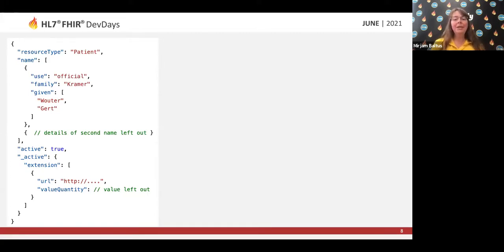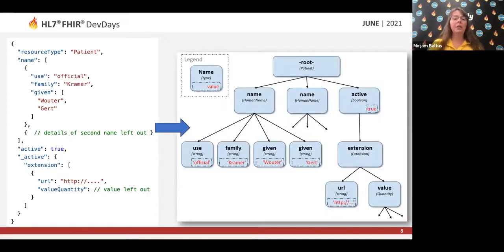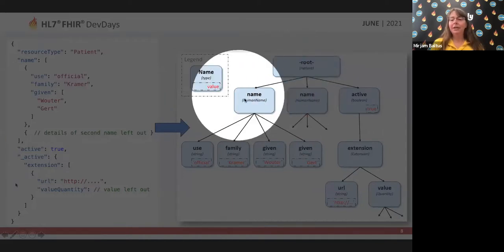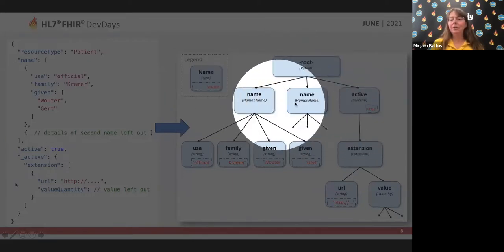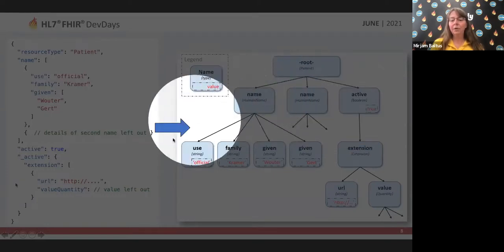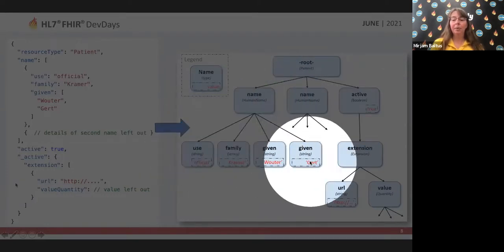But you can represent this data as a tree. So let us look at the tree structure. You can see we have, of course, a starting point, our root point, which would be the patient resource or the beginning of the resource. So you can see that all the way on top here. And then all of the top level elements, you can see them listed here. So the names both, and then the active. And then for those that we know the data of, you can see that we have the sub points there,